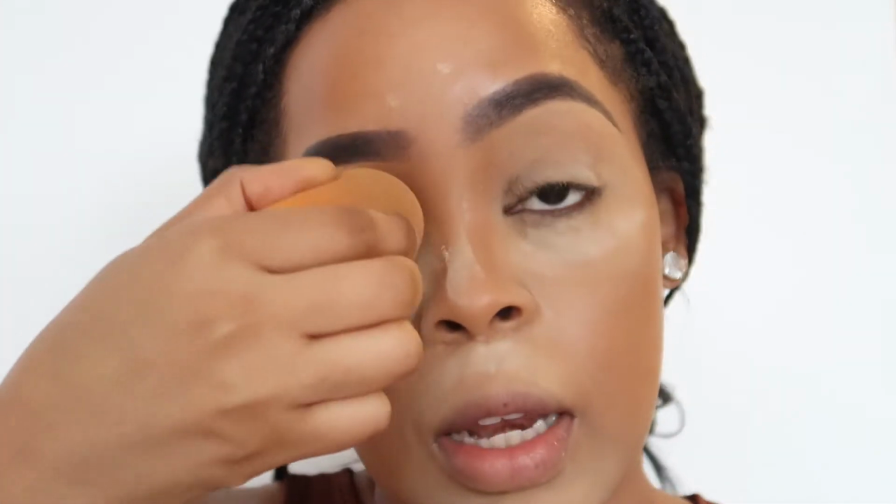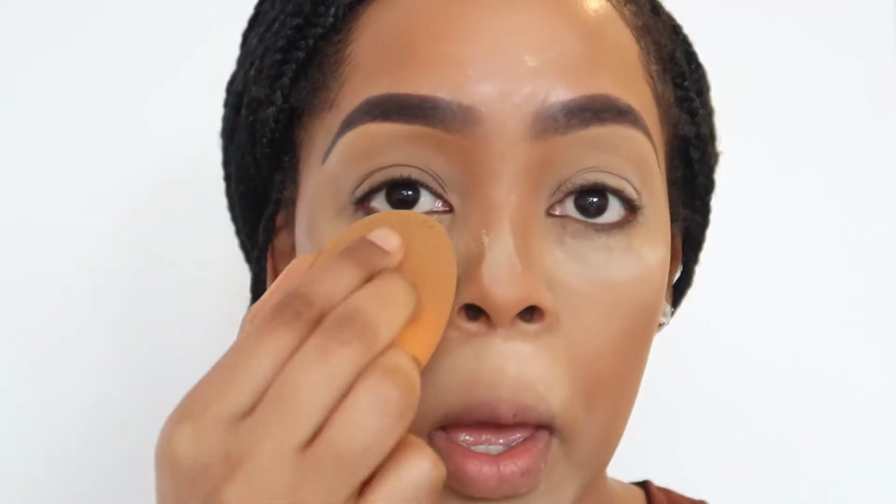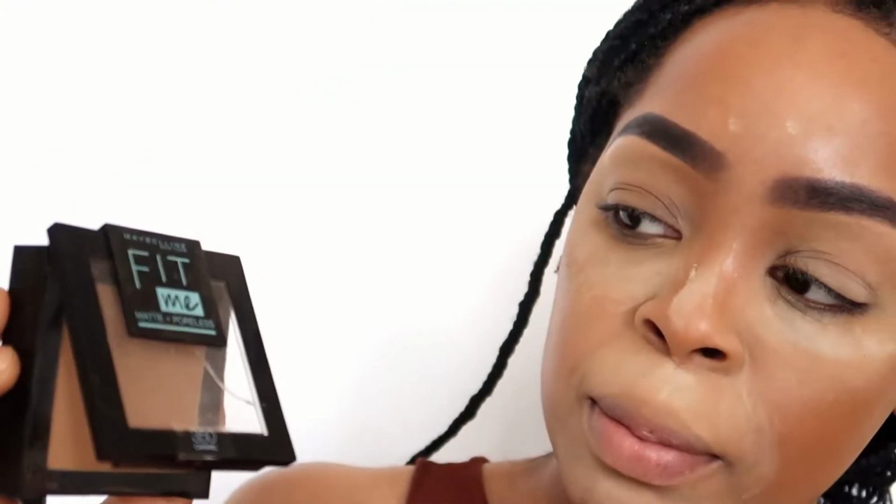I know it probably looks a bit funny right now, but it does the job, guys. I just go in with my beauty blender to set everything in place, and then I'm going to dust it off in a little while. And then to dust it off, guys, I'm going to go in with the Maybelline matte and poreless setting powder. This is a pressed powder, and I'm going to use that to just dust off